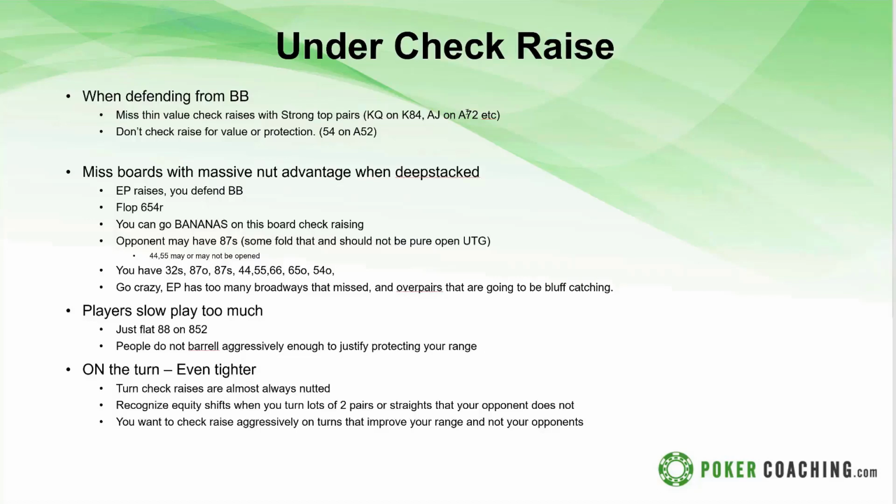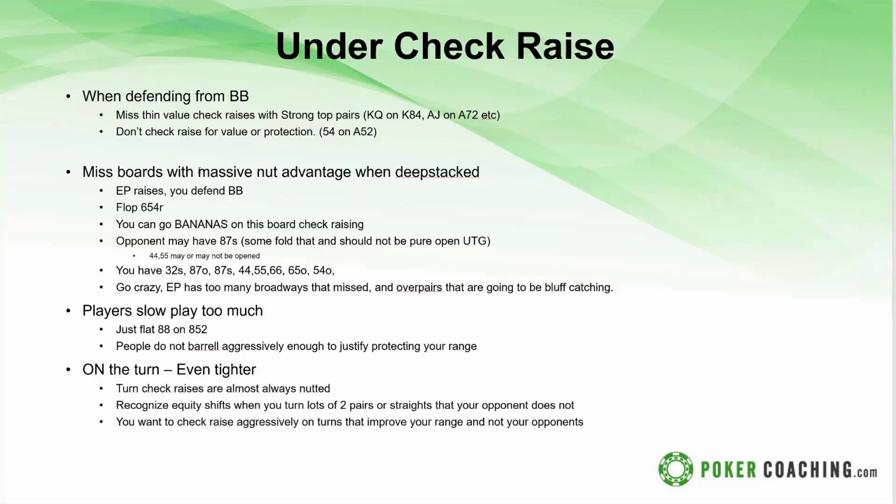And these are definitely a thing, especially against when people are betting really small on the flop and range betting, you should be making some thin value check raises with your stronger top pair hands. And then for the same thing I talked about before, like the 5-4 here on ace 5 deuce, you should be check raising for kind of value, protection. You'll bluff later on. There's a lot of good properties for check raising, like a hand like 5-4, 5-3, even 6-5 on this ace 5 deuce board. So those are two categories of hands that people really miss. That makes up like a decent percentage of their check raising range.